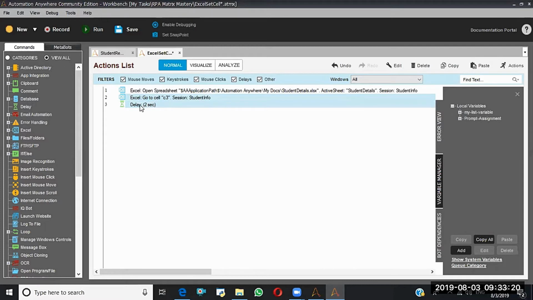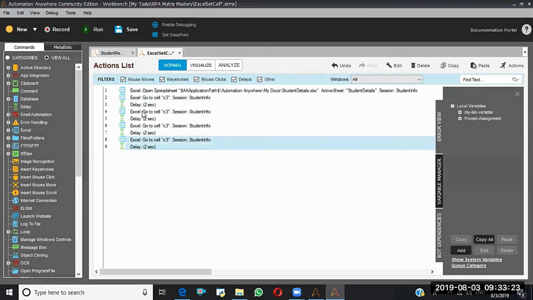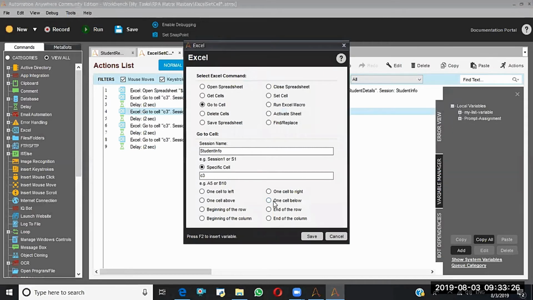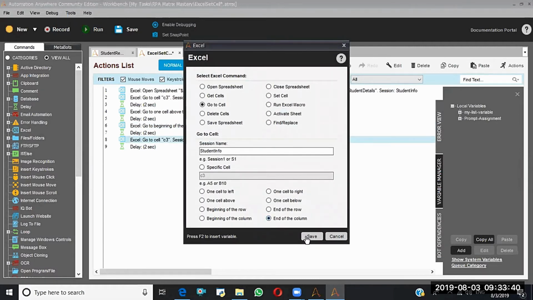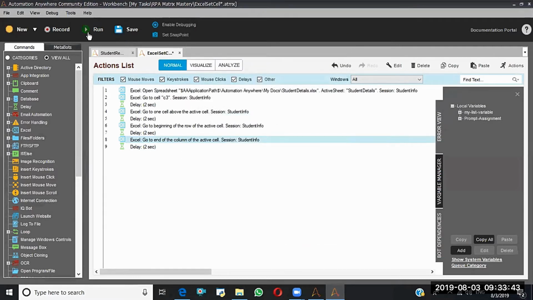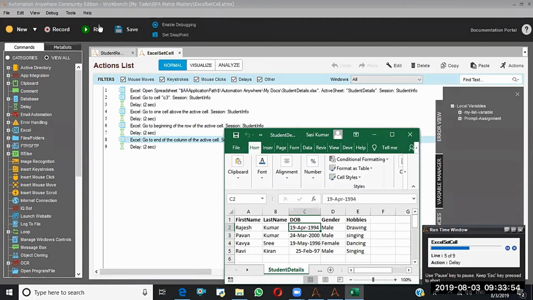Copy. So then I'll say one cell above. Then I'll say beginning of the row. Then I'll say ending of the column. Like this, I can navigate. We will see that. Run. See, it is navigating.